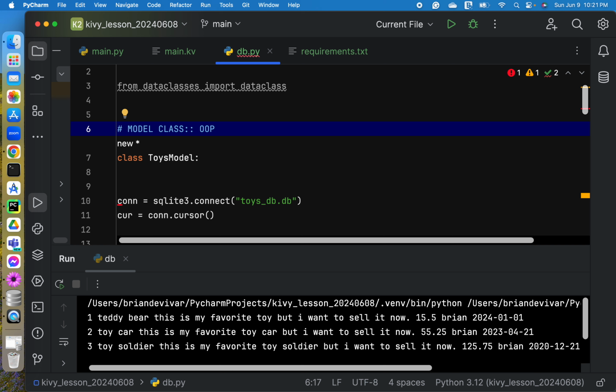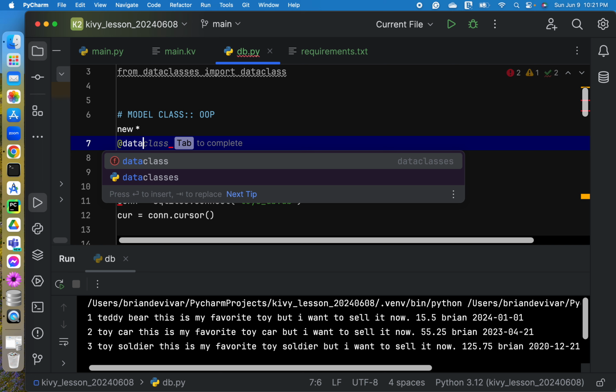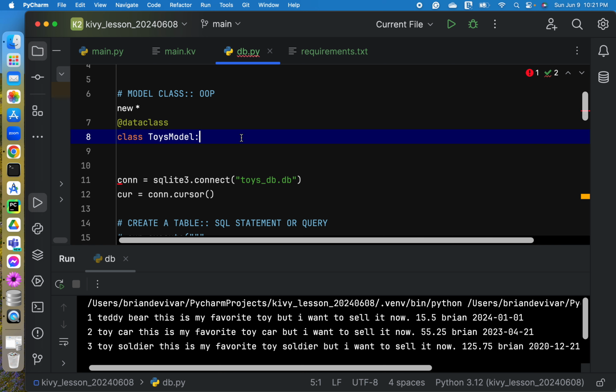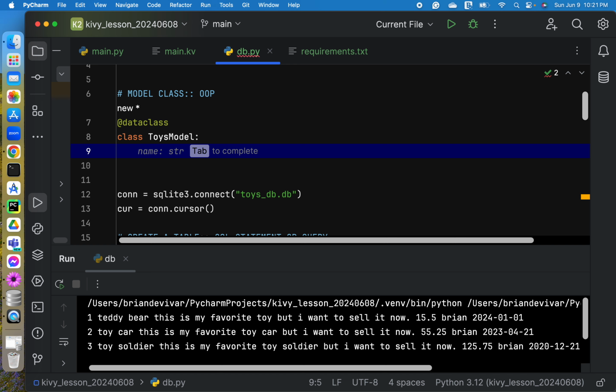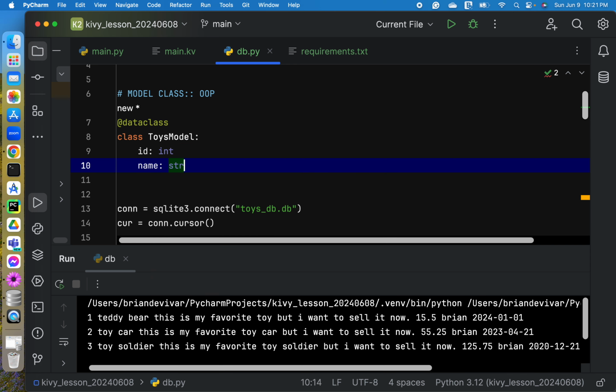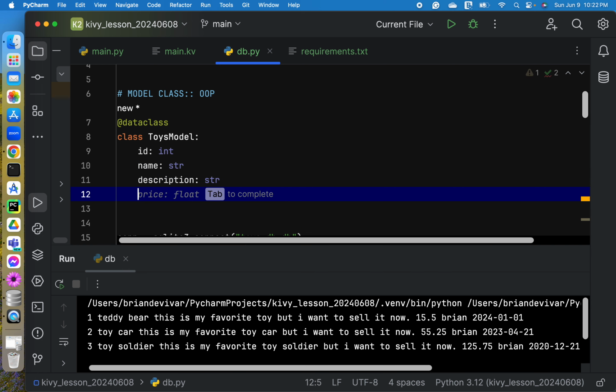Okay, so we're now using the data class package. So let us just list down the fields like this.